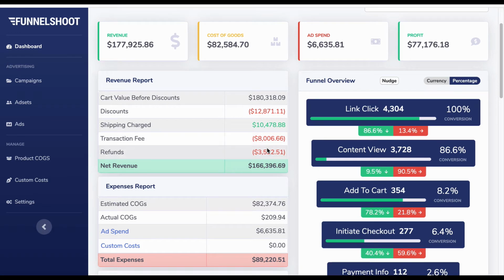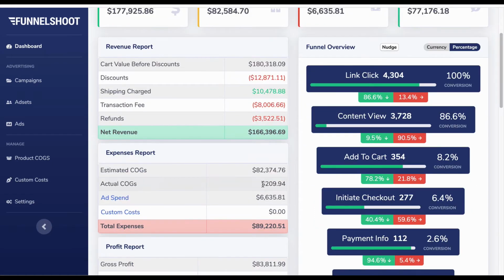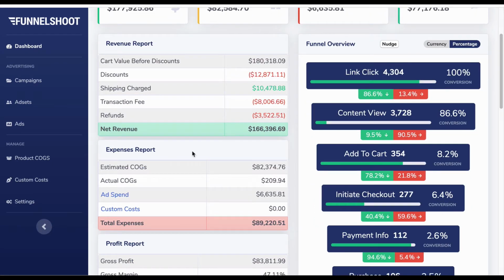Your refunds are what have come off in this period of time, again connected directly to your Shopify store. And then the net revenue is just the reds minus the greens on here off of your cart value before discounts. The next part of this is your expense report, and this is depending on which way you have set up your product cost of goods